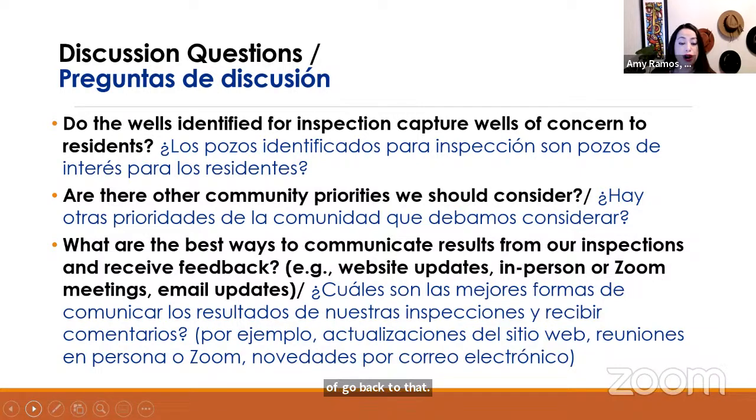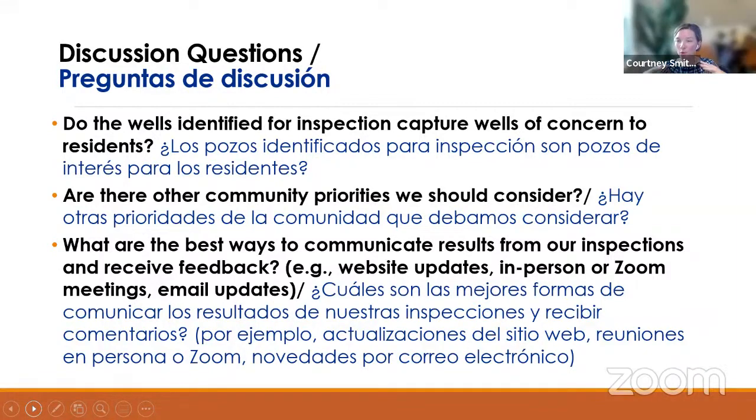So CSC members, if you all want to start with your questions: do the wells identified for inspection capture wells of concern for residents? Maybe just as a refresh, part of our normal inspection plan is we're committed to going out and inspecting wells that are within 300 feet of communities and environmentally sensitive areas. Those are those critical wells. And our highest priority for a joint inspection effort is to hit every active and idle well within 3,200 feet of your entire community boundary. So that's our highest priority. And so wanting to hear, it looks like Mario, your hand's up, if that sounds like the right approach, or if you have other